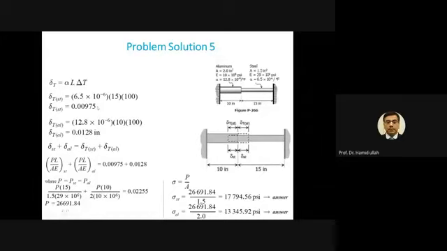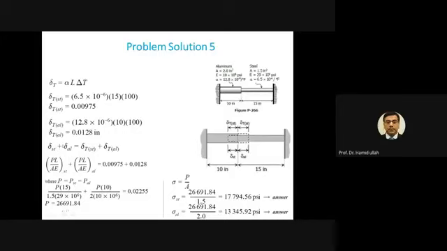Now for this body, in this case there is no expansion, because you can see this steel one wants to expand, but the aluminium is offering resistance, and on the left and the right there are supports. Because of temperature, they want to elongate, the body wants to elongate, the aluminium and the steel both, but it is not possible. So you can write that the elongation in steel because of load, and the elongation in aluminium